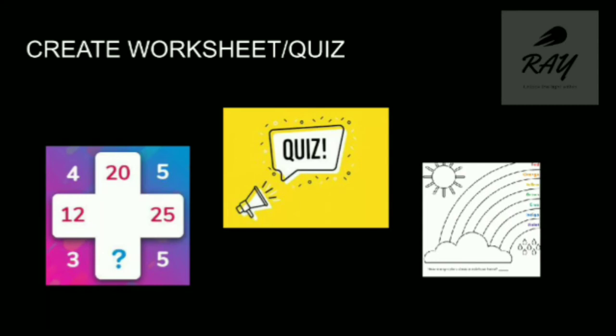Other than that, they can also act as a teacher. Where you can ask them to read out a certain topic and find a quiz or some kind of questions from that topic. So they have an opportunity to read through the material and create a worksheet or a quiz for themselves, and this would help them to recall the information when you ask them some questions.